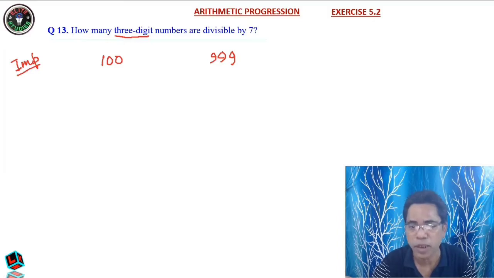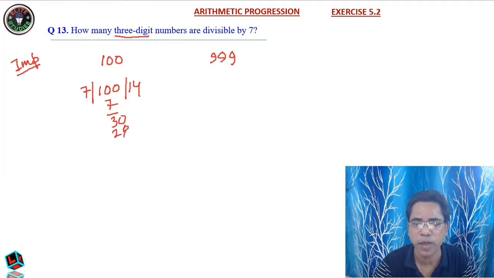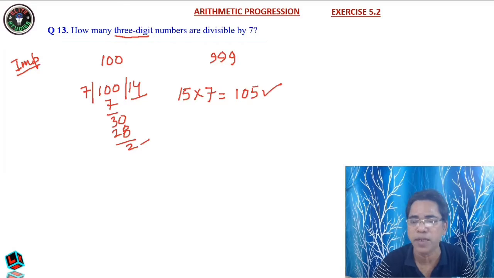For this, you just take 100 and divide it by 7. Okay, dear students, 7 1 is 7, 8 9 10, it is 3, and you write 0, 7 4 is 28. So your answer is here 2. Since the remainder is there, 100 is not divisible by 7. So as you have got 14, you take 15, the very next number, into 7. So that is equal to 105. So 105 is the least 3-digit number which is divisible by 7.